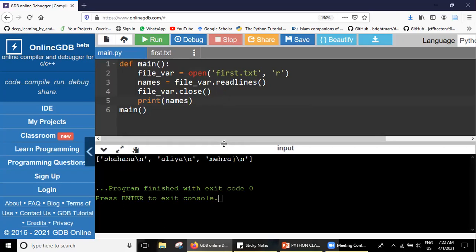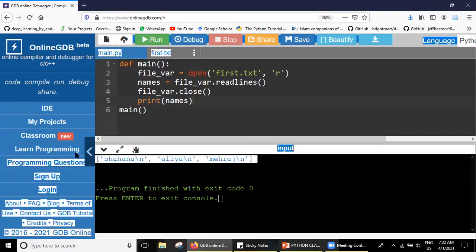So we have seen that whenever we are reading lines, that will give us a list. We have seen it in the last example, right? We have seen it, and with a slash n every time. Okay, but now I say that I don't want the slash n. This is in the form of a list.